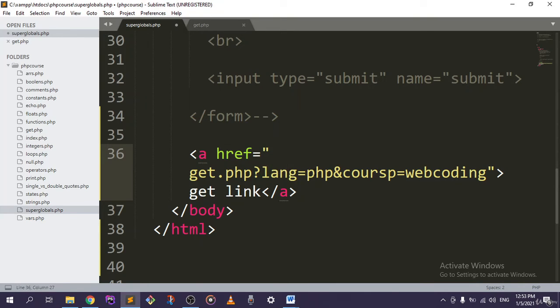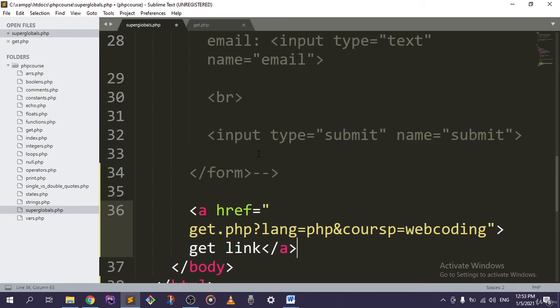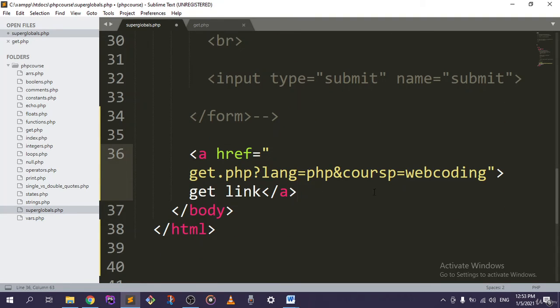We have the lang php, and for the first parameter you have to use a question mark, and here's our parameter, here is the equal sign, here is the value. And for the second parameter, you have to use this sign right here. I don't know what you call it, maybe the ampersand or whatever. And we have to write the second parameter name, an equal sign, and its value. Just think of it as a variable. This will give you some simple explanation. So now if we save this,